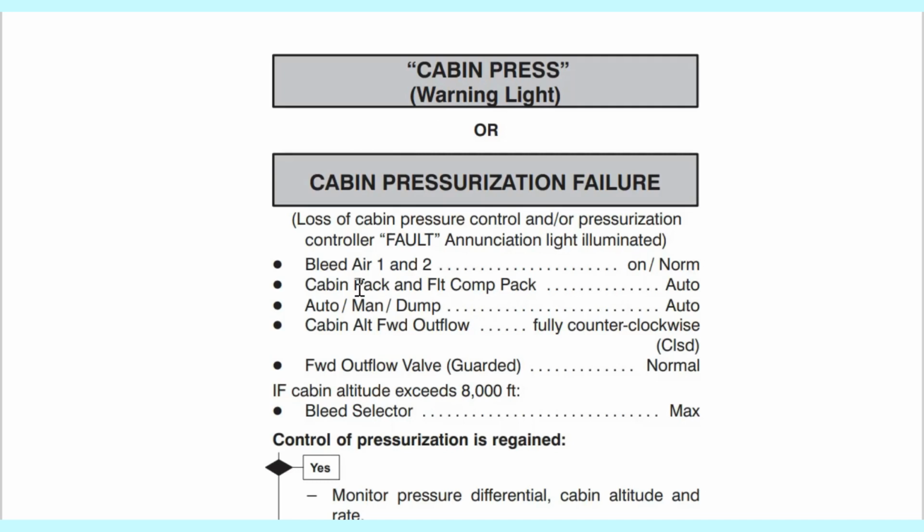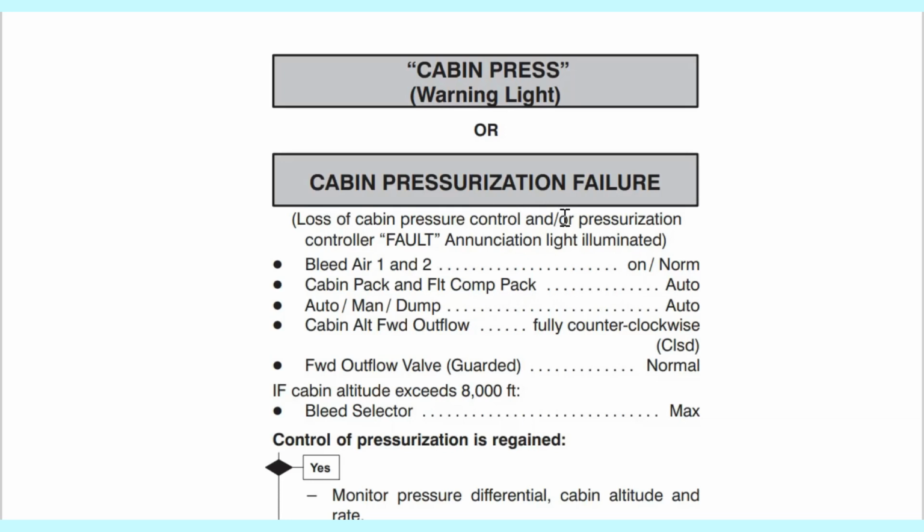So the first thing you have to notice, if this is the case, is to look at the pressurization gauges. If you can see that the cabin altitude has shot up and the differential is 0, it tells you that you've lost pressurization. And then you'll have "and/or" here, very important. These things are very important, you've got to read them very carefully.